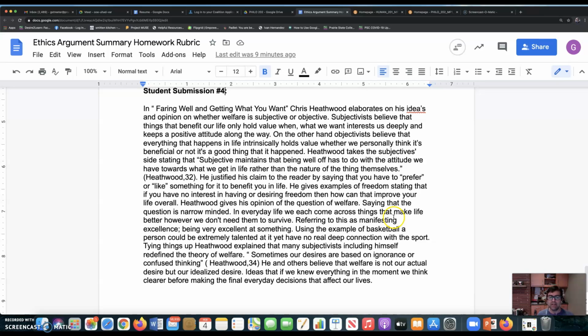Tying things up, Heathwood, okay, that's it. This is a moment where the student is trying to kind of draw the connection, but it's not clear what the connection is. Trying to tie things up, okay, but I like what the student is trying to do here, but could have done it better. Tying things up, Heathwood explained that many subjectivists, including himself, redefine the theory of welfare. Well, why, right? The subjectivist theory of welfare has to be